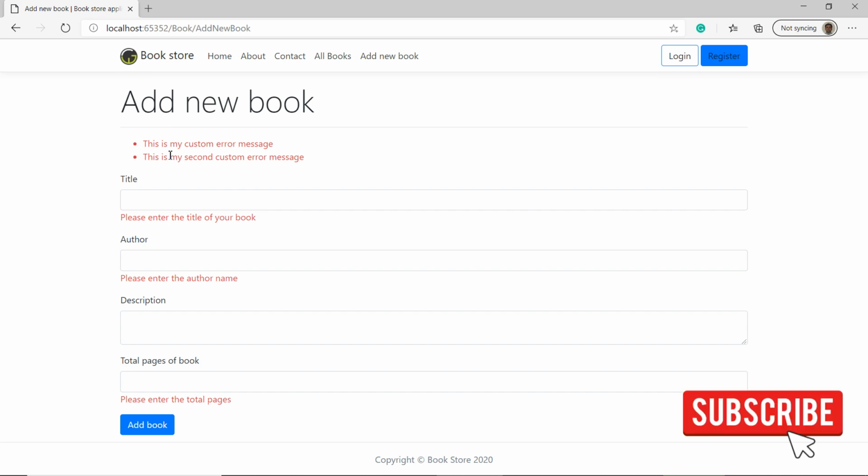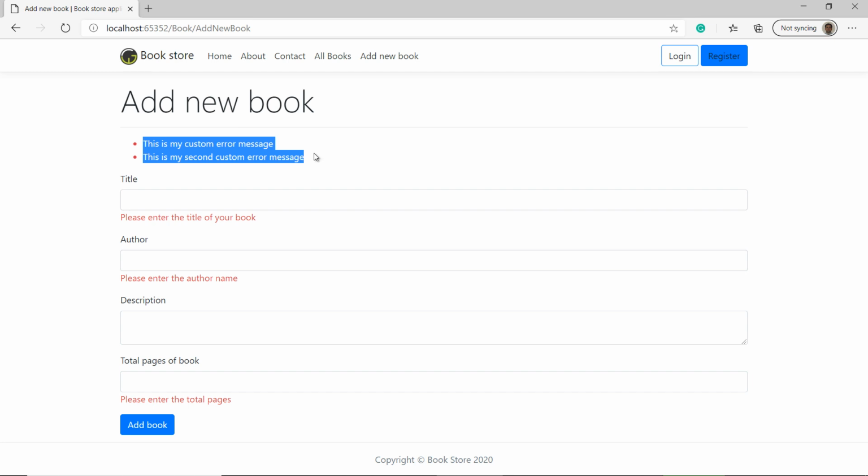So if you are using ModelOnly, it means only the validations that you have associated to your model will be displayed over here. This combination works perfectly in most of the scenarios. Suppose you want to display error messages one by one, so you can use asp-validation-for, and you do not want to display property validation messages in the summary tag, but you want to display only the custom error messages. Then you can use this ModelOnly value of this asp-validation-summary attribute, and only the custom messages that you will add to your model will get displayed over here.